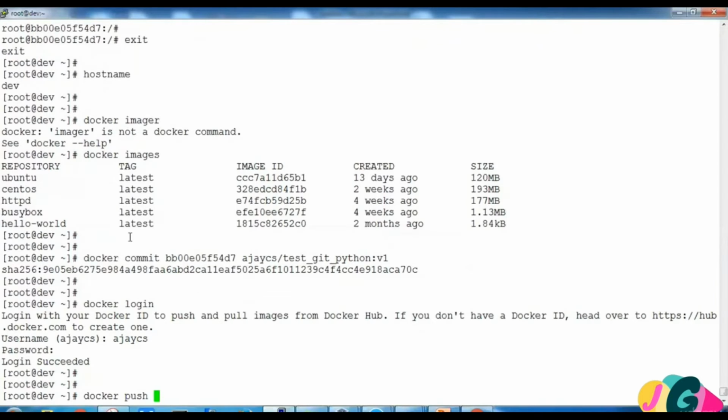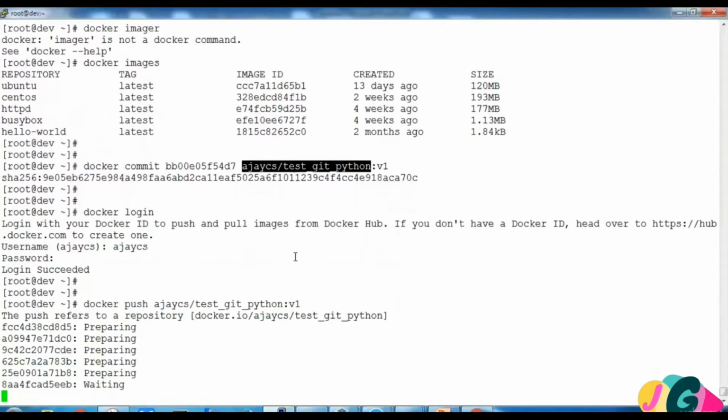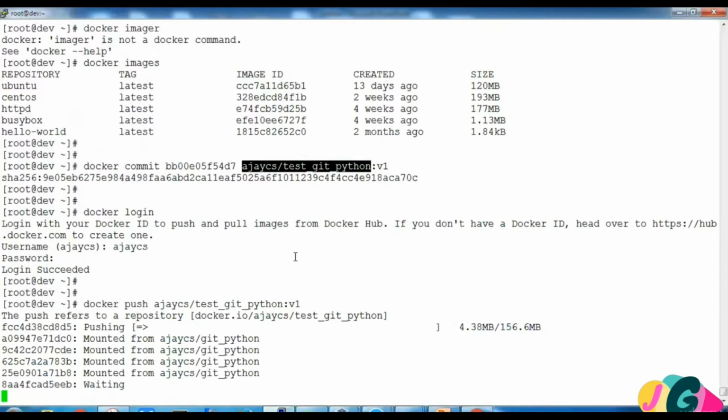Now we have to copy this name, and we also require v1. Now it's uploading the image to Docker Hub. So a few things to note. First, we created a container from the Ubuntu image. After that, we made changes in that container and created an image from that container. So all the configuration inside that container is now being written into the image, and the image name is test_git_python.